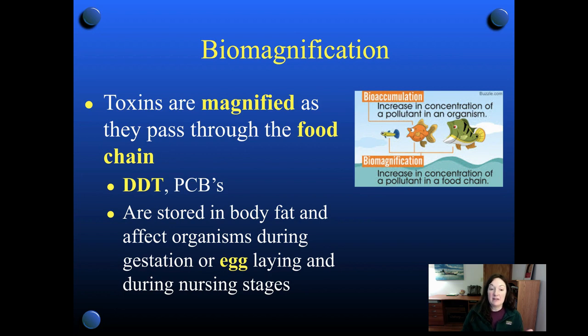and it affects organisms during gestation or egg laying, and during the nursing stages. Bald eagles were on the endangered species list for a very long time as a result of DDT being used as a pesticide. Their eggs were very thin, the shells did not fully form, and so bald eagles experienced devastating effects from the use of DDT. Since we have banned DDT, though, eagles have been taken off the endangered species list, and you can even see